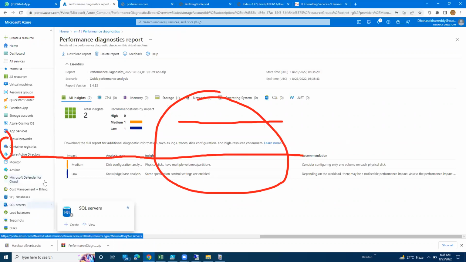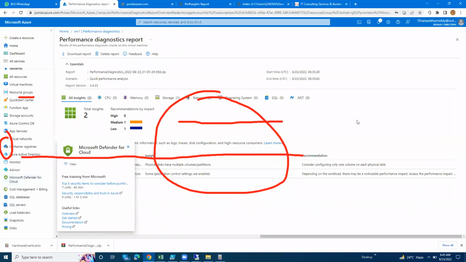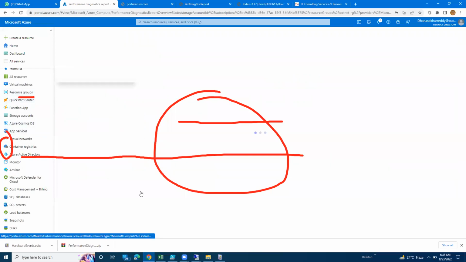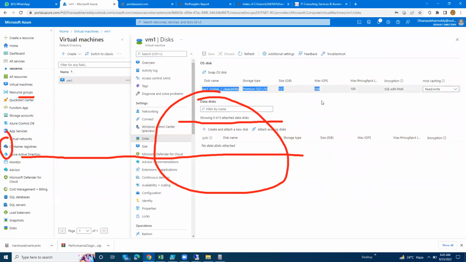IOPS, you know, right? Input output operations per second. Clear? Okay, go to the virtual machine, click on it. Here we have disks. See, the OS disk IOPS is 500, input output operations per second. So if we go here,